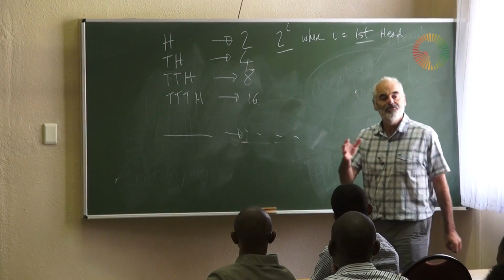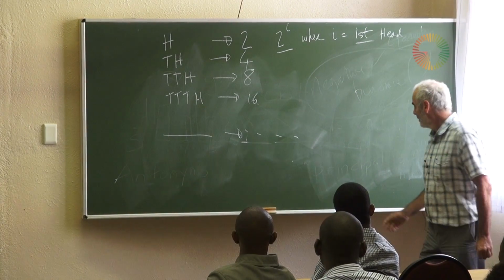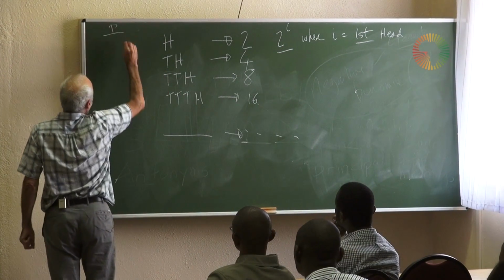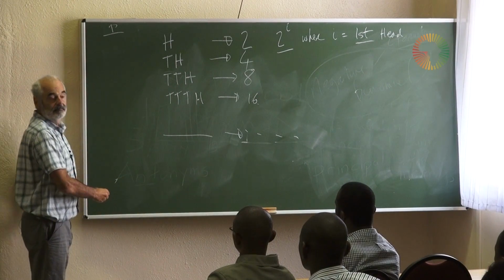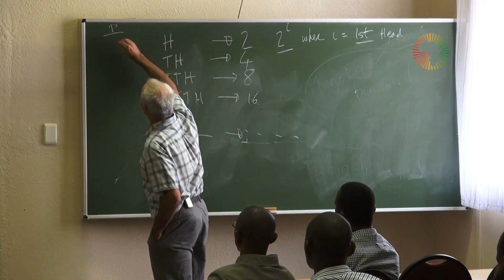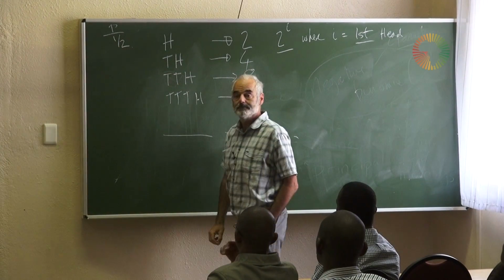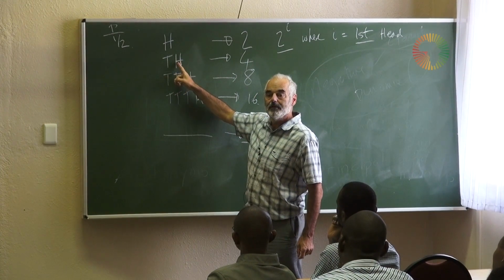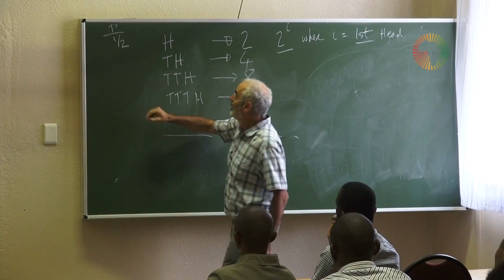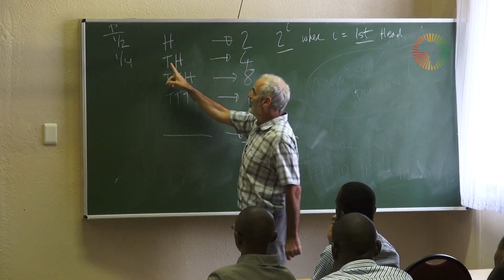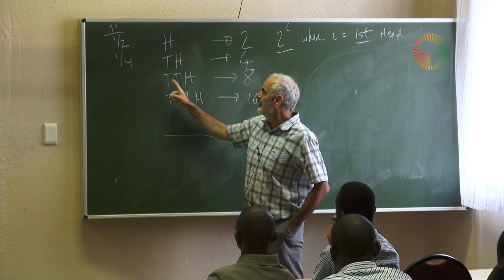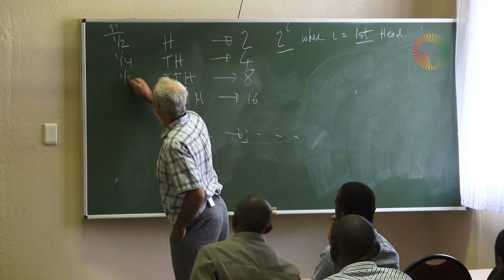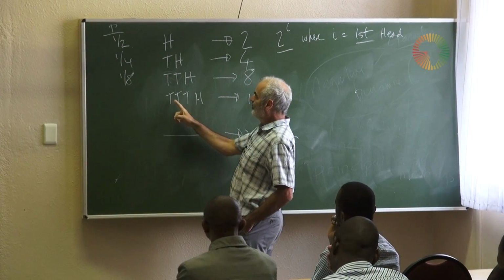But let's look at how much you expect to win. To work that out, we have to work out the probability of each of these happening. Now, the probability of me getting a head first time is a half. What's the probability of me getting a tail and then a head? 1/4, yeah, because it's a half times a half. What's the probability of me getting tail, tail, and head? 1/8. It's a half times a half times a half.